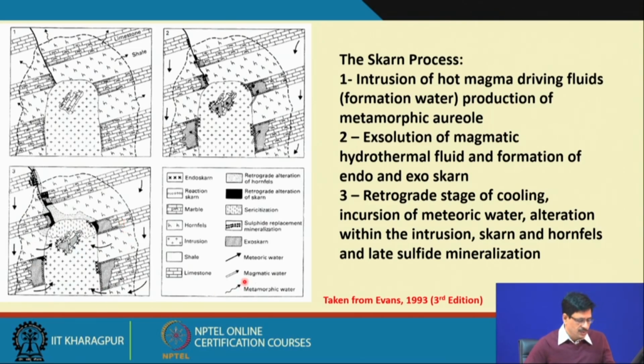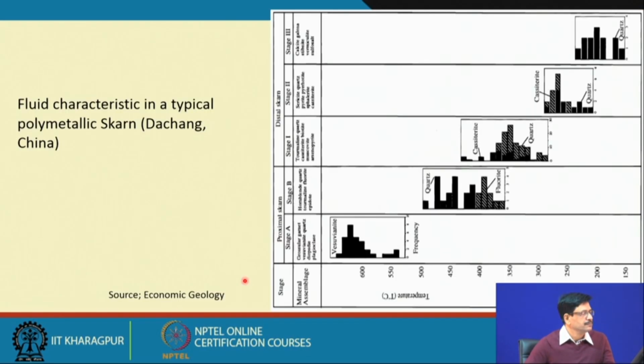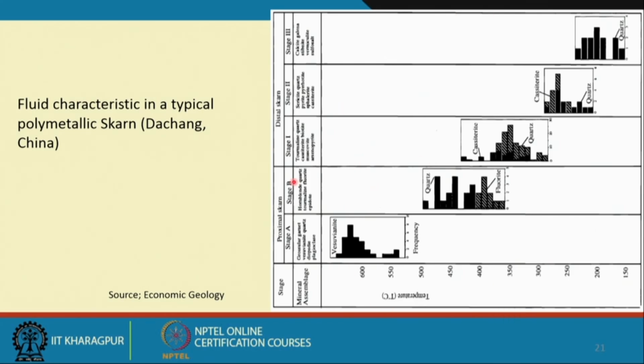And so, the source of the fluid in this kind of skarn is of course dominantly a magmatic source, which is always identifiable. This diagram has come from one of the most studied skarn deposits of the world. This has come from the Dachang deposit in China, and here is the fluid inclusion data from the different parts of